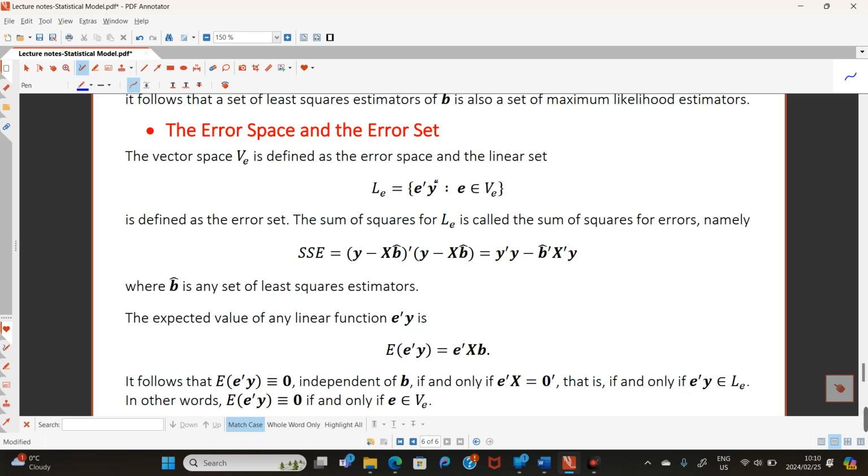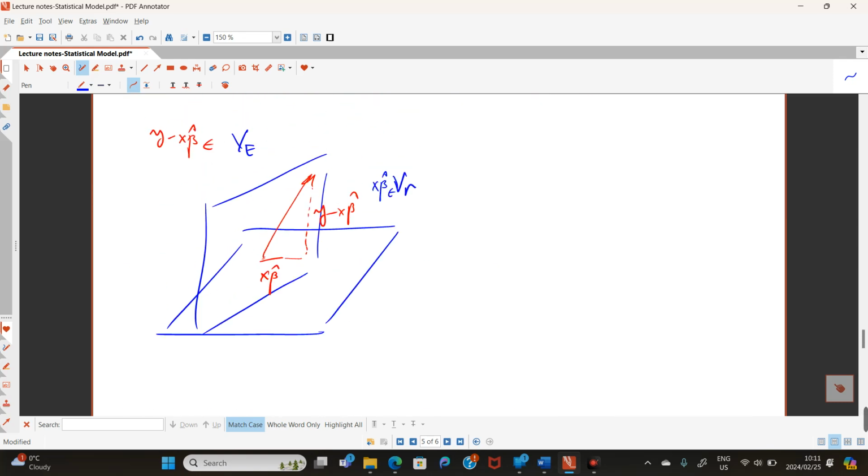And you see any linear function whose coefficient comes from this vector space, then I can easily define the sum of the squares of it, which we call the sum of the squares of errors. So whenever you are dealing with errors, you see it's the sum of the squares of errors. Or better said, when you work with the vector space generated by the columns which are orthogonal to the columns of X,